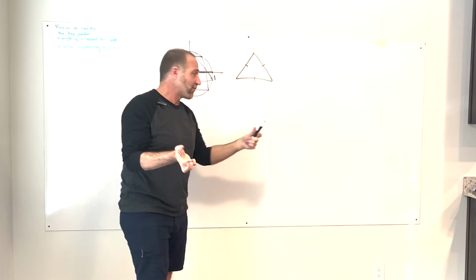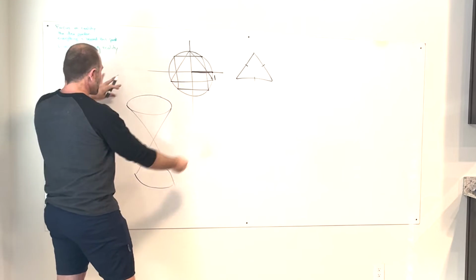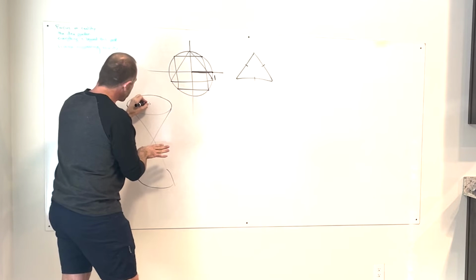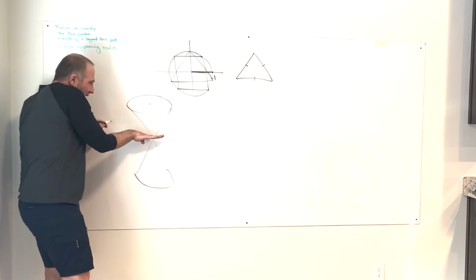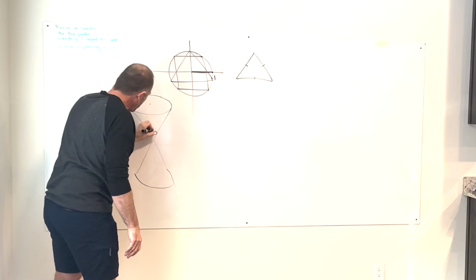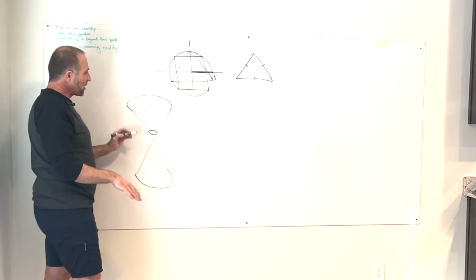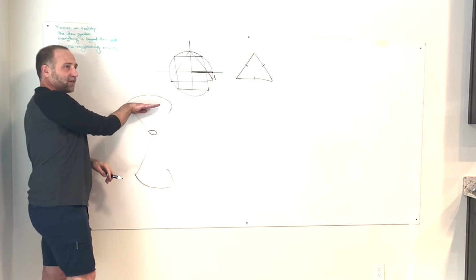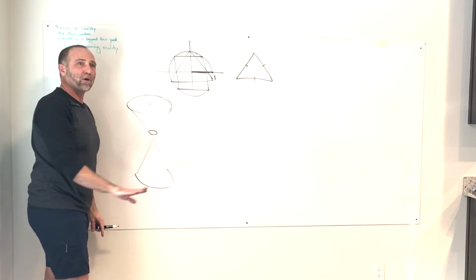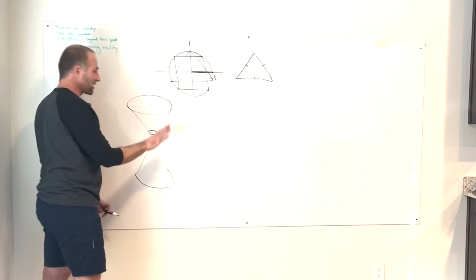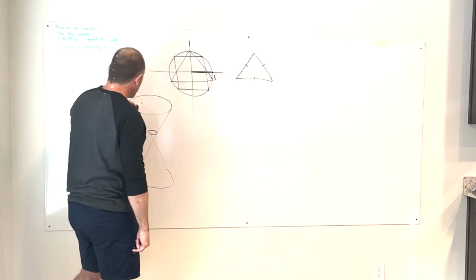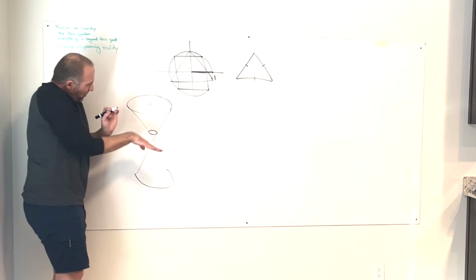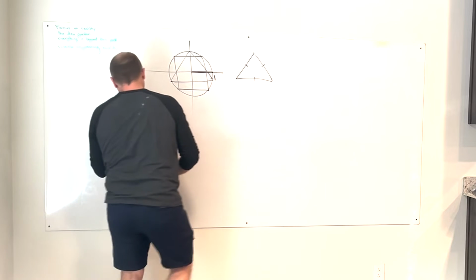A well-known one, in fact, there are infinite numbers as we change the angle of our slice. If you slice perpendicular to the pole, imagine the middle going up here, then you're going to get a circle. Note, if you get a circle, you must be in either the top cone or the bottom cone, not both. If you change the angle, but you're still just slicing through the top, now it's more